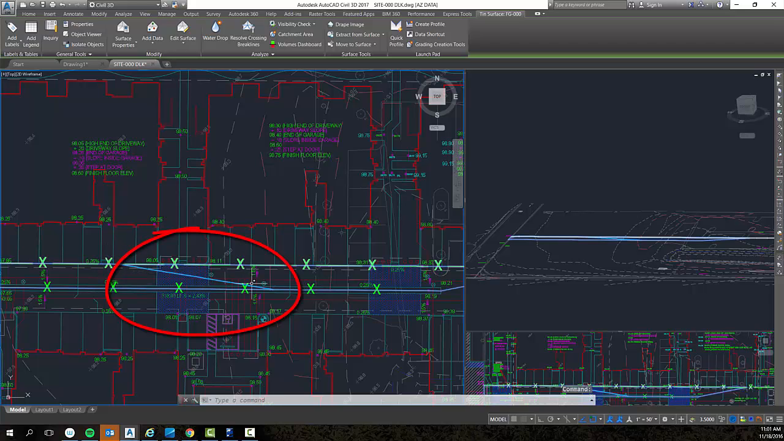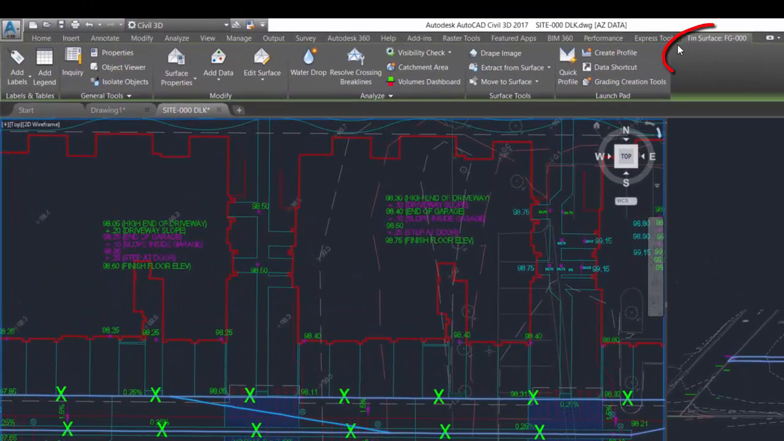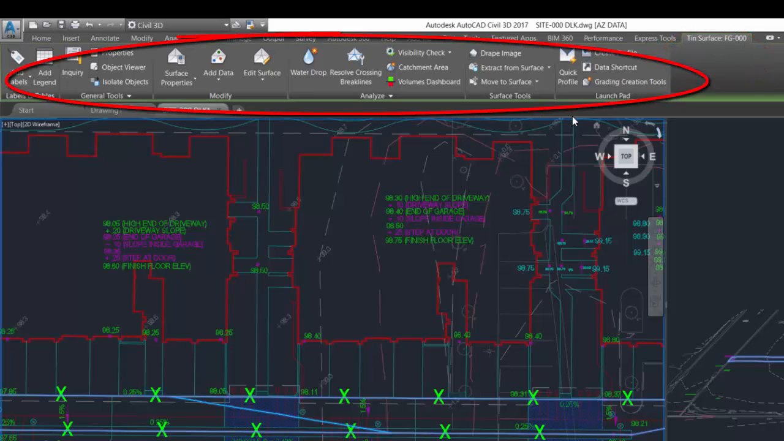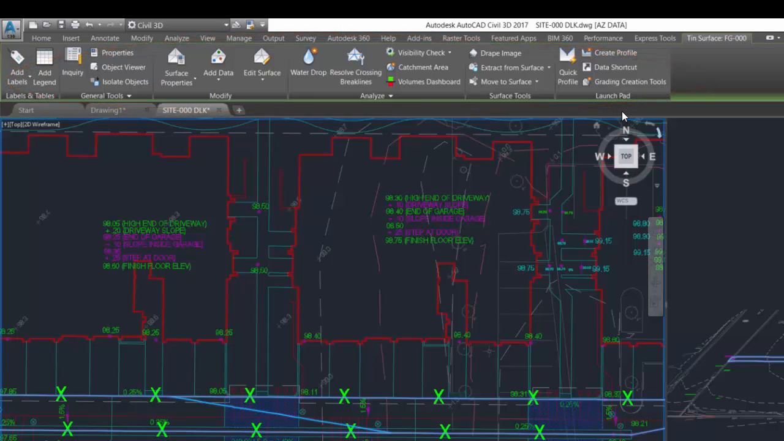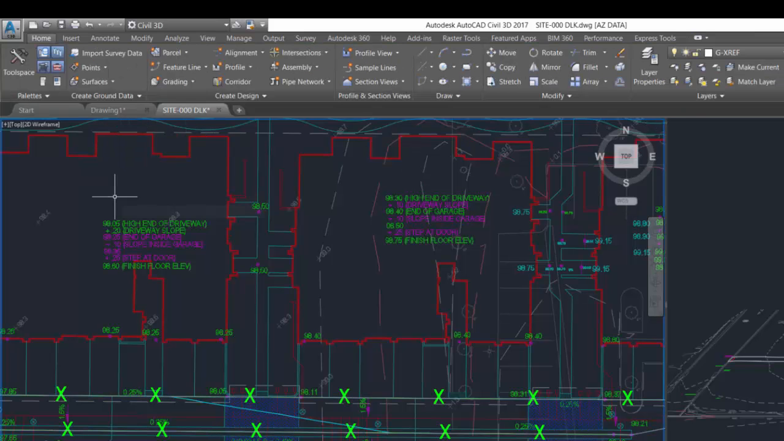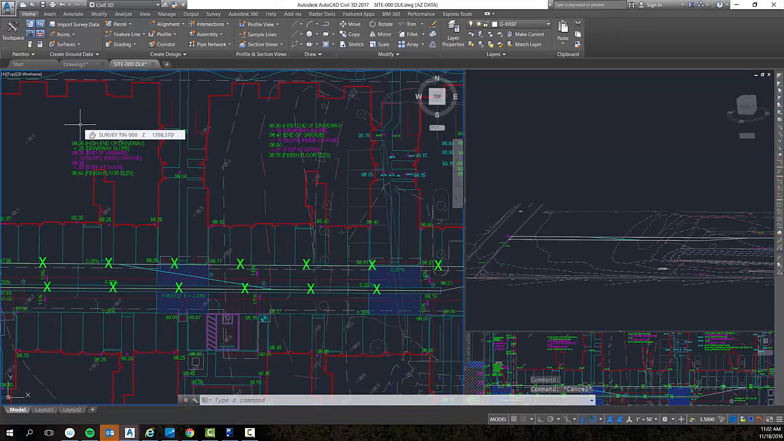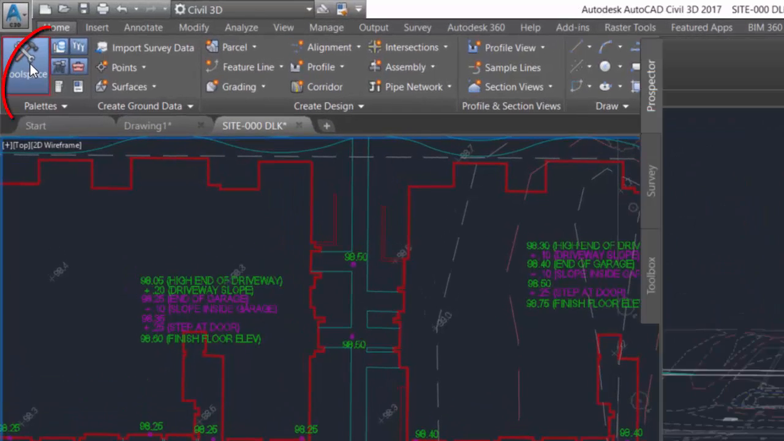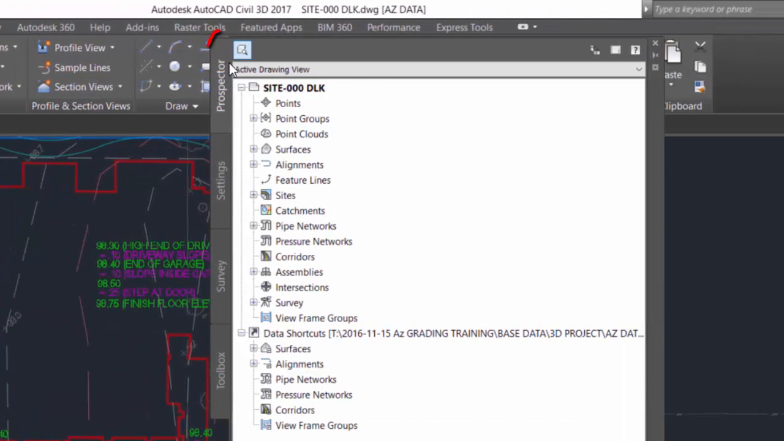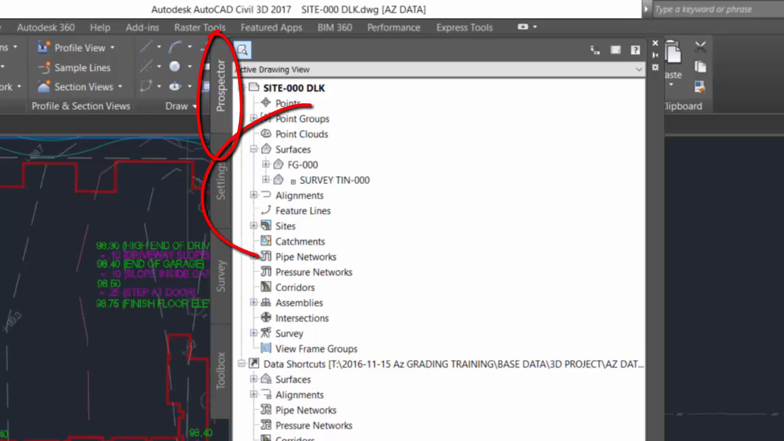So as I highlight that contour, it highlights the surface, and then it brings up the contextual tab here saying, hey, this is finished ground, 000, and then it gives us those standard or most typically used commands to modify that particular surface. So now that we've got our surface created from those two feature lines that we've created, let's go ahead and go to Tool Space,